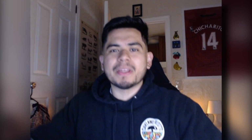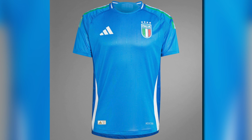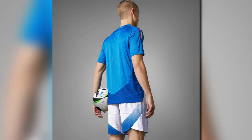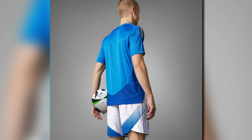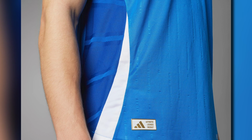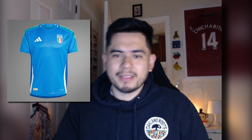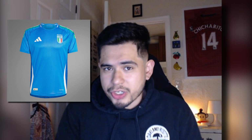Now we turn our attention to the reigning champions, Italy. So what did Adidas do for the reigning champions of the European continent? Well, of course, as usual, we have a blue base for their kits, but this time around we have a very nice sleeve design with the colors of the Adidas stripes being the green, white, and red stripes of the Italian flag. Add to that the bottom of the jersey has nice dark blue accents to it. We have a couple of light stripes going down the jersey, and the little gold Adidas patch at the bottom as well. And honestly, this jersey is very, very nice. In my opinion, this is going to be the first A tier jersey for me,